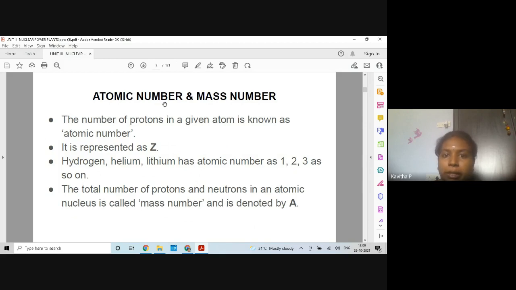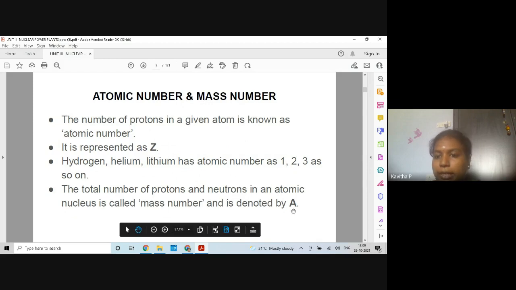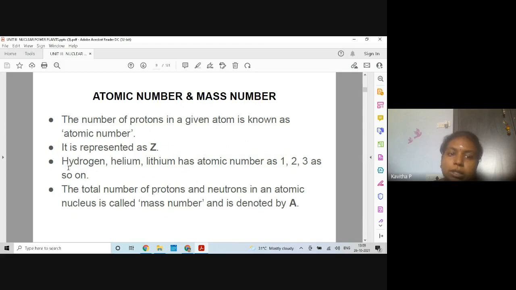So this is the atomic number and mass number. Usually in an atom under normal conditions, the number of protons and neutrons will be same. Atomic number represents the number of protons in an atom, which is represented by Z. And mass number is the total number of protons and neutrons in an atom, which is denoted by letter A. And we know that these are all the content taken from the periodic table. In the chemistry periodic table, the elements are arranged as hydrogen, helium, lithium, beryllium, boron, and so on. So it is all arranged in the order of the atomic number.